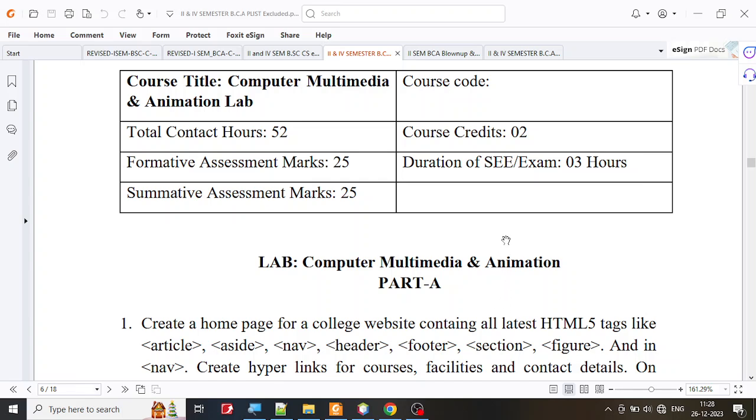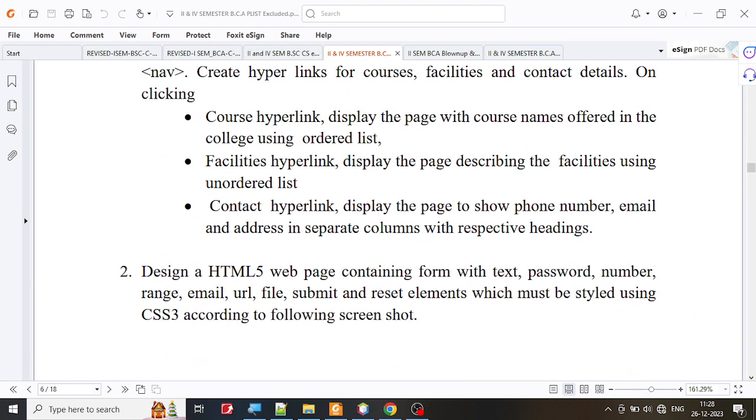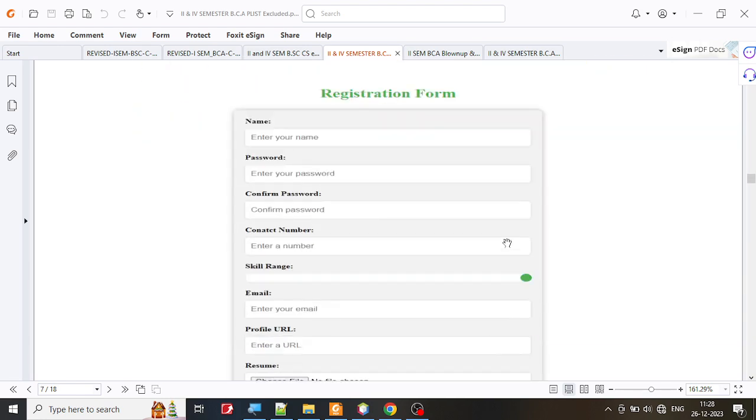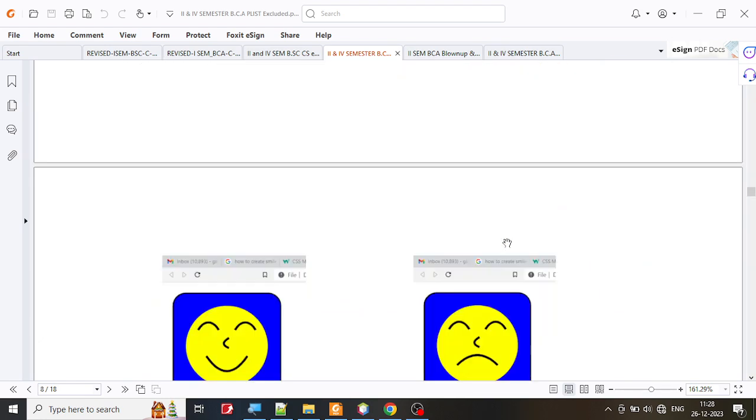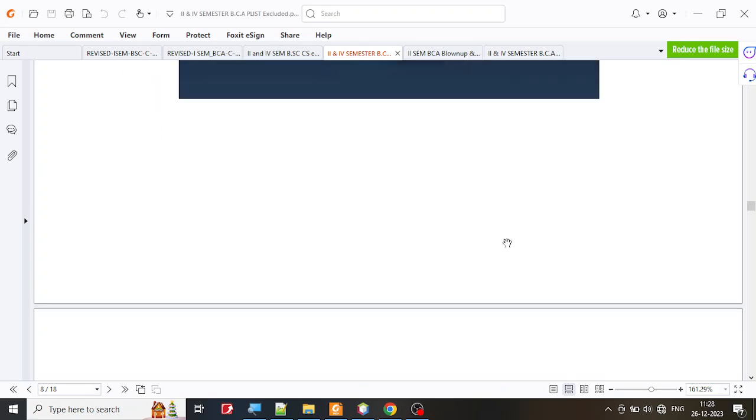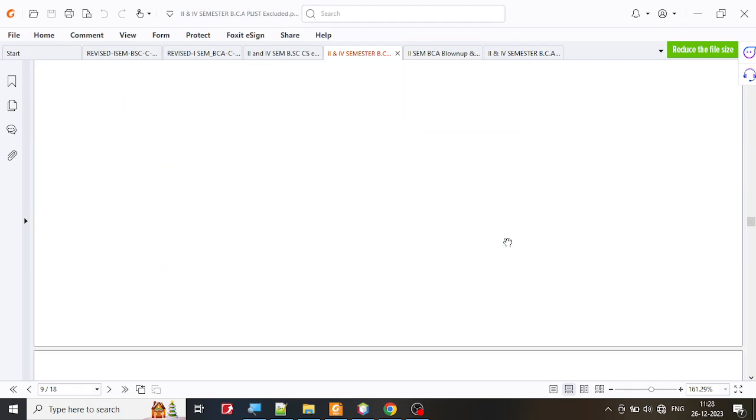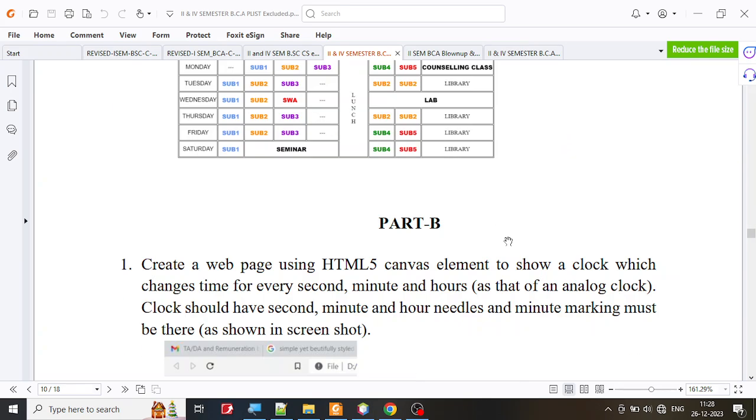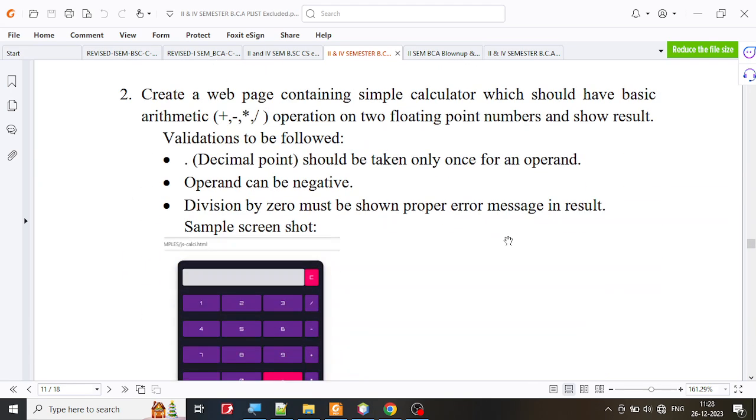Let us try to solve the second problem in the computer multimedia and animation lab. I'm going to go to part B and solve the second problem. There are many interesting problems out there. The second problem is where we are supposed to create a simple